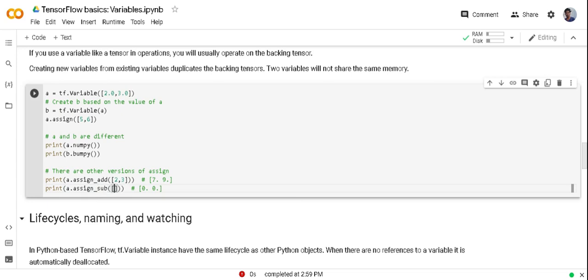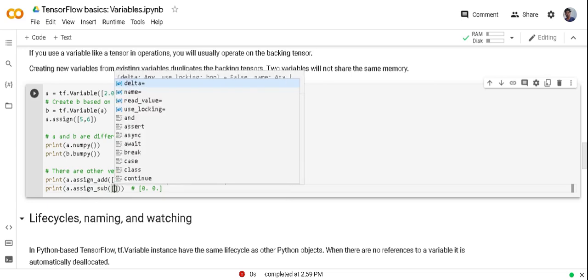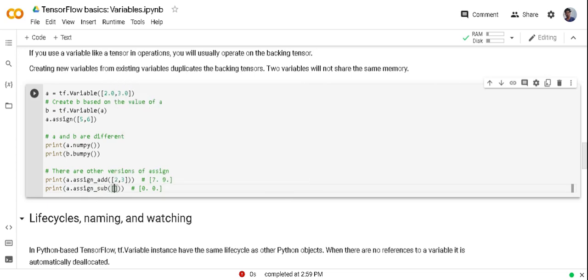Whatever you pass here, those numbers will be subtracted from the original tf.Variable a. Here I am passing 7, 9. So in this line it changed to 7, 9, and after subtracting 7, 9, a becomes 0, 0.